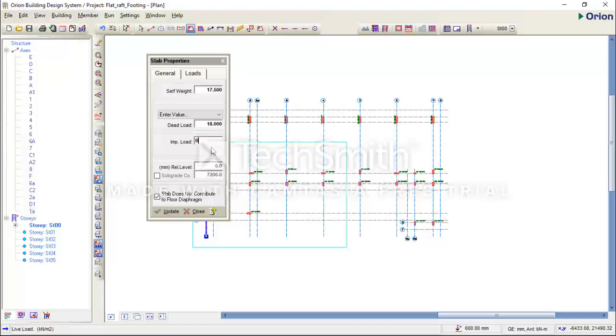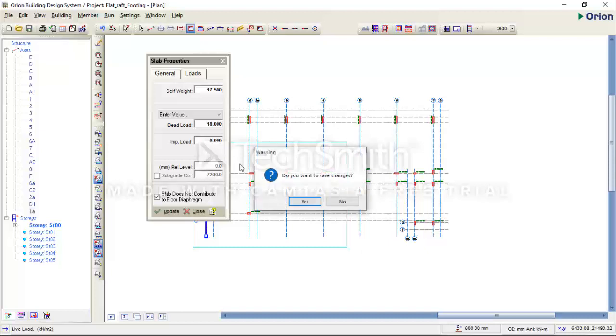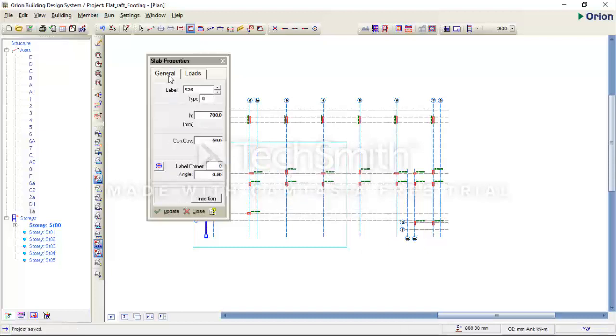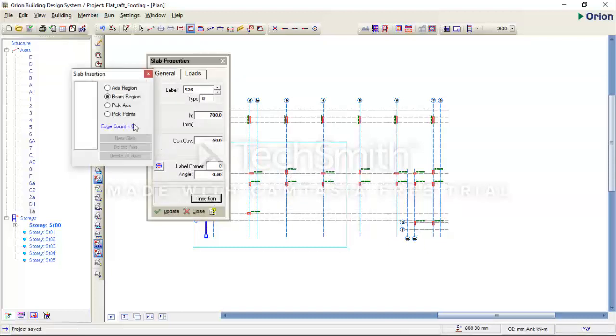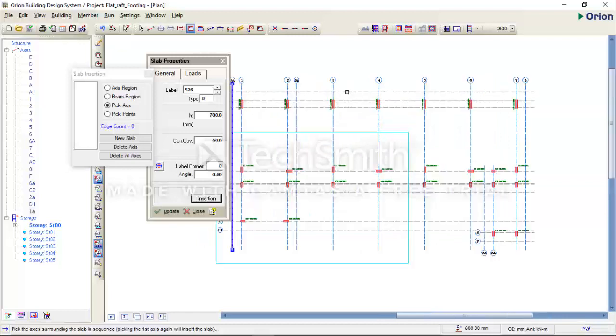Now I will insert my slab in the model using this setting, but you need to change your insertion method to pick axis. So I'm going to pick my axis in the drawing area now.